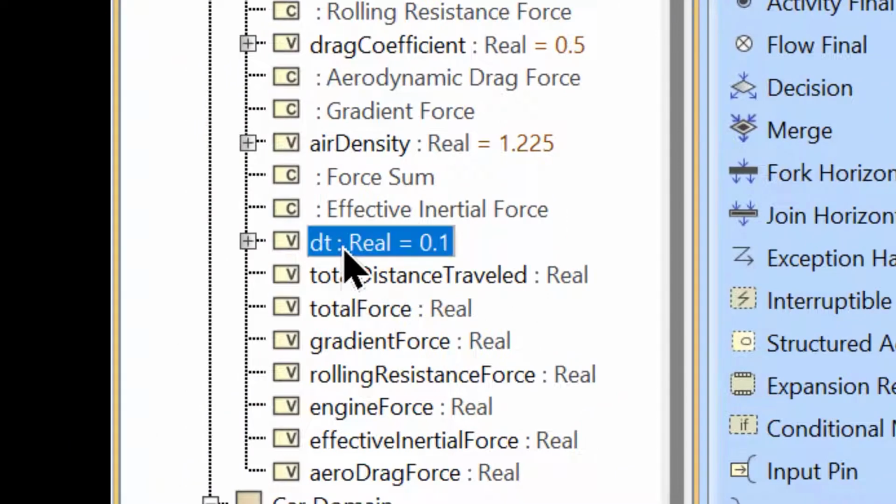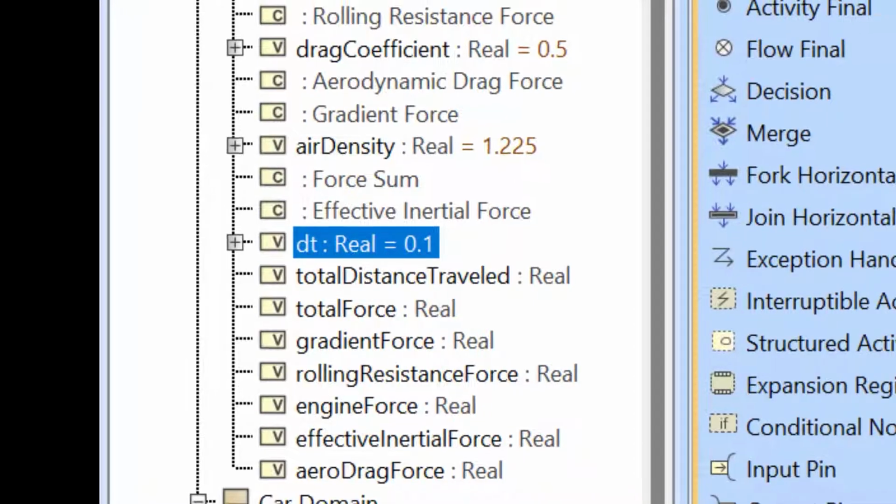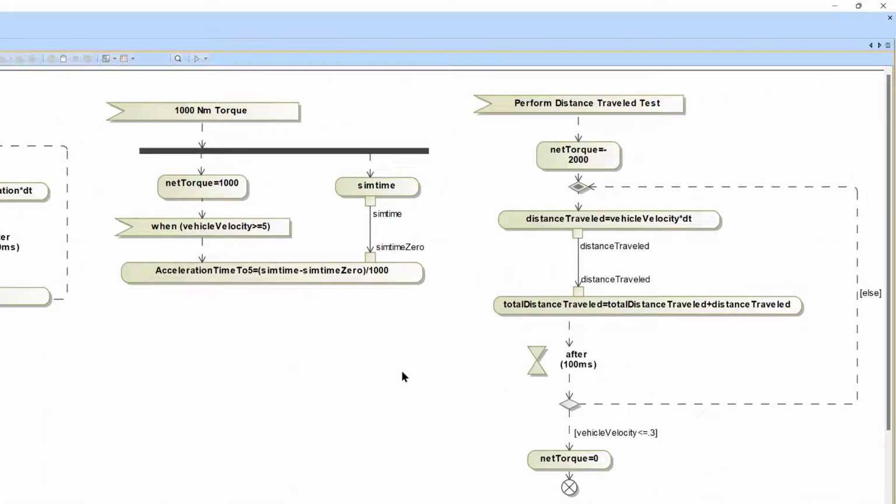So if you notice here, we have dt, our delta t, set to 0.1, and that's because this updates 10 times per second in this simulation. Every 100 milliseconds, this loop recalculates, so we can set that delta t to 0.1. And then that calculation happens and delivers the distance traveled to this equation with this opaque